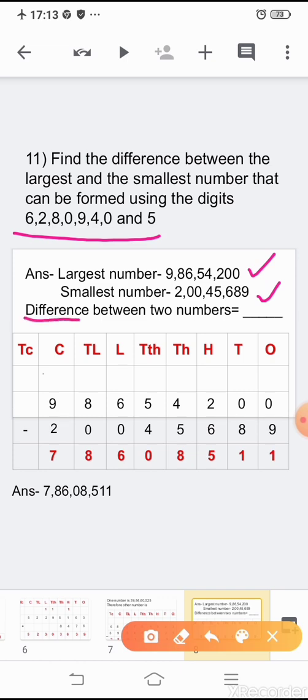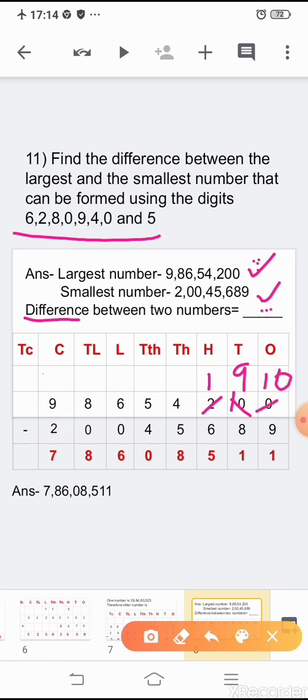Now you have to find the difference. I already told you, when it is given, find the difference, what you will do? You will subtract these two numbers. So when you subtract these two numbers, now 0 from 9 you cannot subtract. In the tens place, again it is 0. So you will borrow the numbers. We already learned subtraction with borrowing, correct? So this will become 1, this will become 10, this will become 9 and this number will become 10.